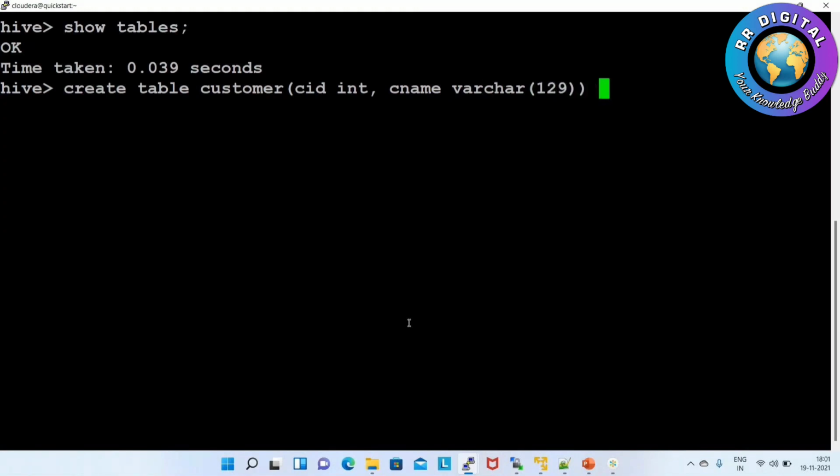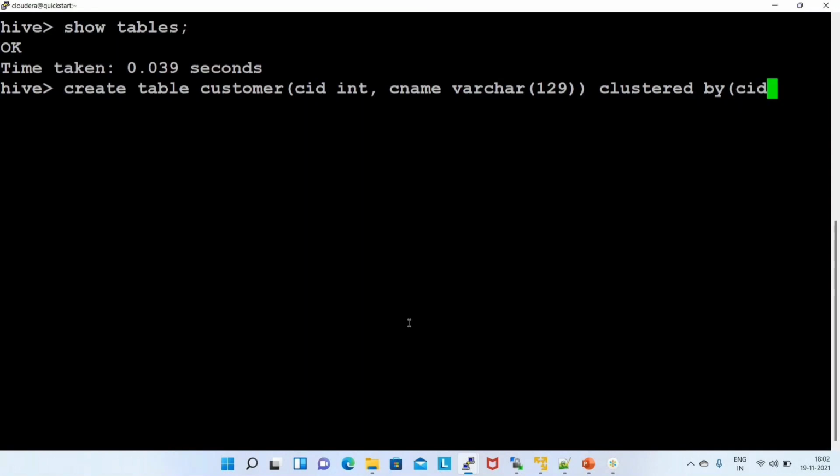And then clustered by, based on which column we have to insert. Based on CID, into how many buckets? Here I am giving two buckets, and then stored as ORC.